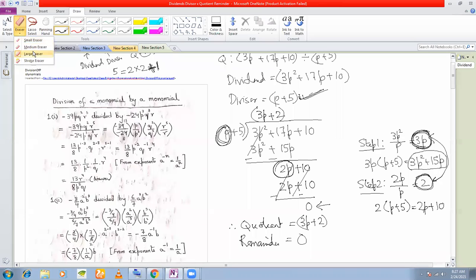Okay, let us take... Sir, I have a doubt. Yes, tell me. Sir, in the quotient we have written 3p plus 2. Then how can we change the sign if it is written 3p plus 2? It could be 3p minus 2 also. It will not be 3p minus 2 because see, can you see the signs here? When I have divided 2p, this is a plus sign here, isn't it? Plus 2p. And I'm dividing by a plus p. So plus and plus will definitely give you a plus 2. Understood? Clear? Okay, sir.